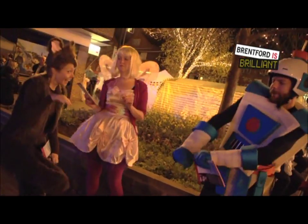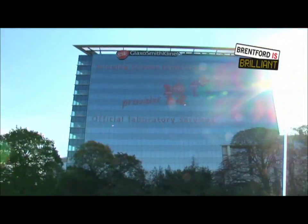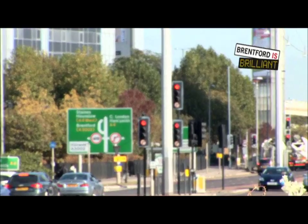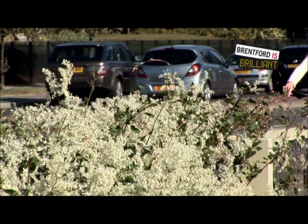And that's why we've got Brentford is brilliant badges. The town has 20,000 people employed in it. You have the convenience of the airport without having to put up with the nuisance of the airport. You have the A4 and M4 taking into central London, and you've got trains, Waterloo, you've got tubes, you've got